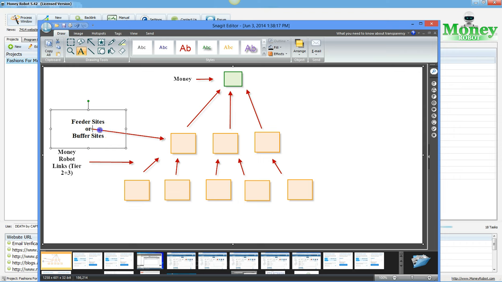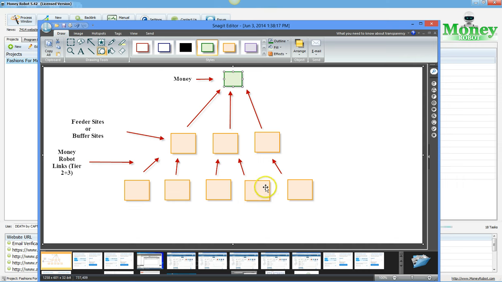And buffer sites technically are sites that you can either buy cheap off of auctions, or you can just register brand new sites relevant to your main site, and so you send all your links from Money Robot to these buffer sites. Okay, these buffer sites will then carry branded or URL links back to your money site,